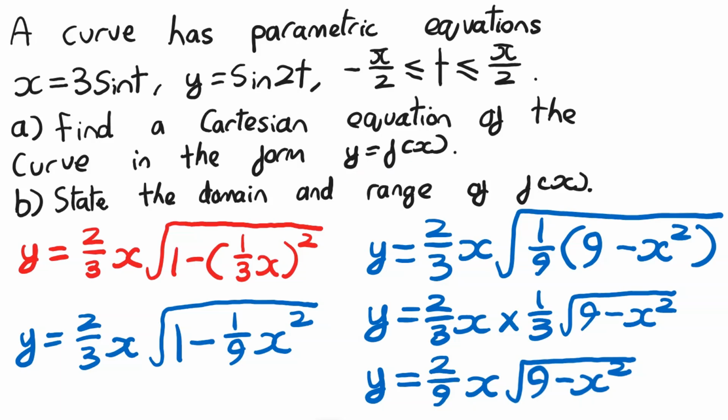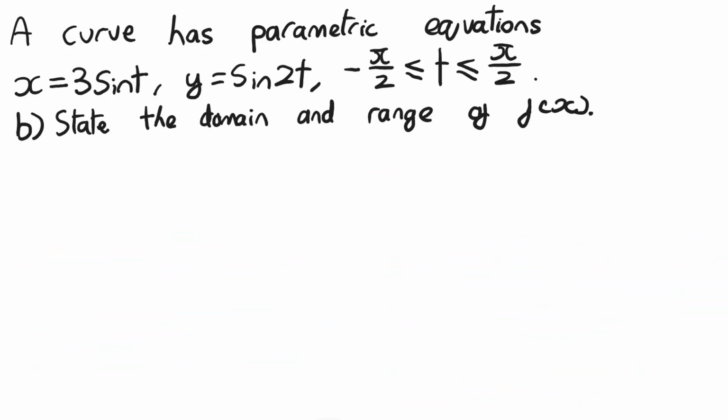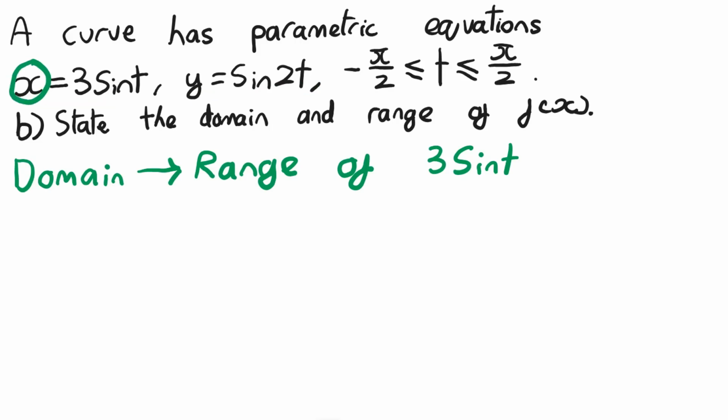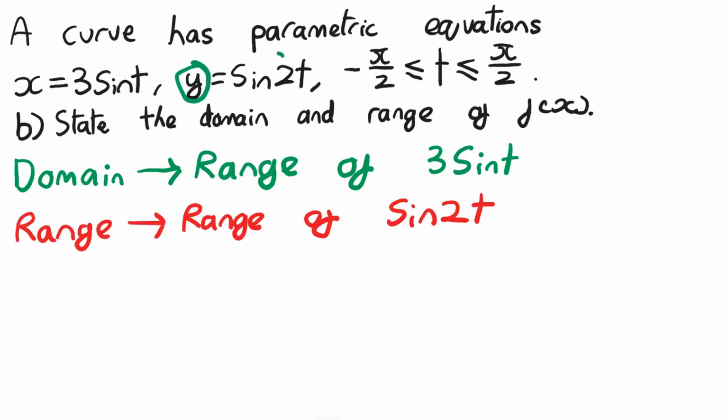And then for part B, we need to state the domain and range of f of x. And we talked about a question like this before. So remember, the domain is the possible x values and the range is the possible y values. And if we consider this in the context of the parametric equation, so if we start with this x equation here, the domain, which is the possible x values, is just going to be the range of values that 3 sin t gives out. And then the range, which is the possible y values, is just going to be the range of values that sin of 2t